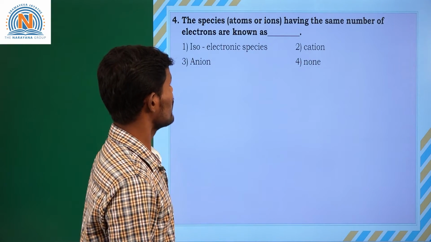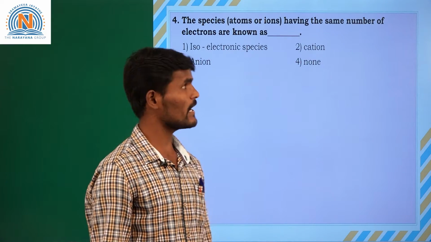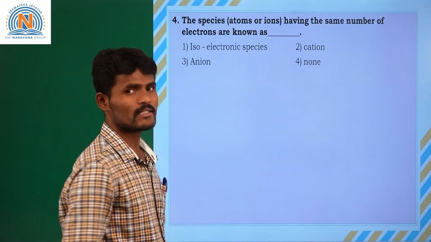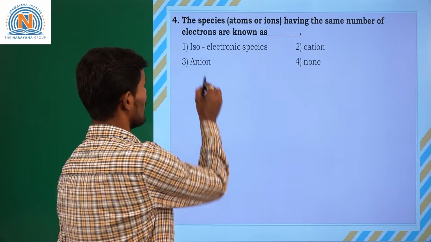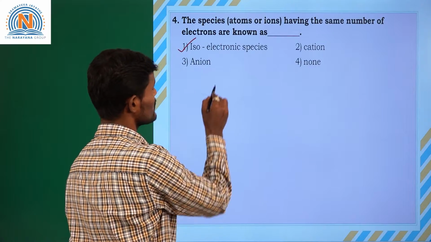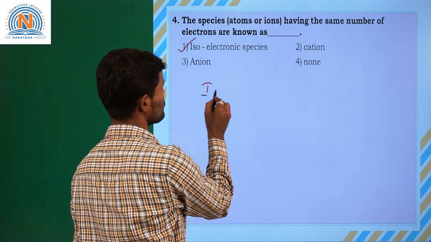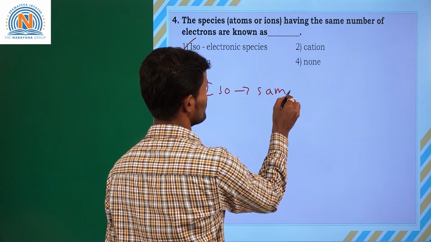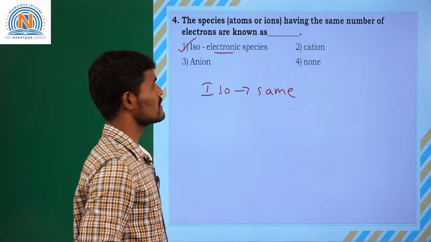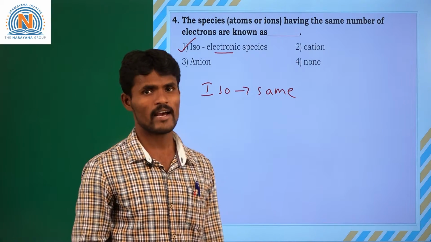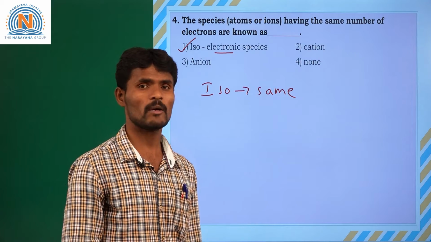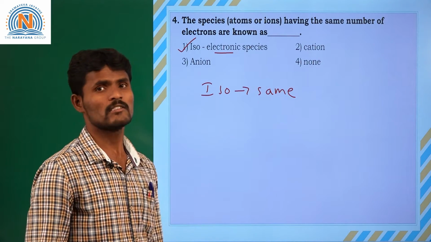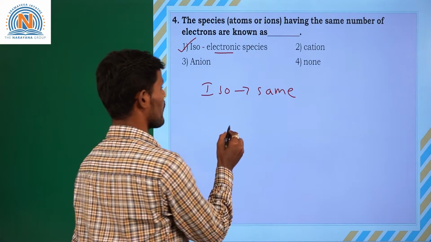The species, atoms or ions, having the same number of electrons are known as isoelectronic species. Isoelectronic species, because iso means same, electronic means electrons. The species or atoms or ions which have the same number of electrons are called isoelectronic species. For example,